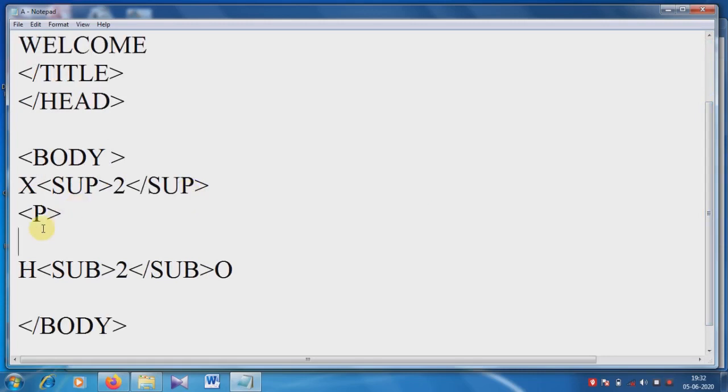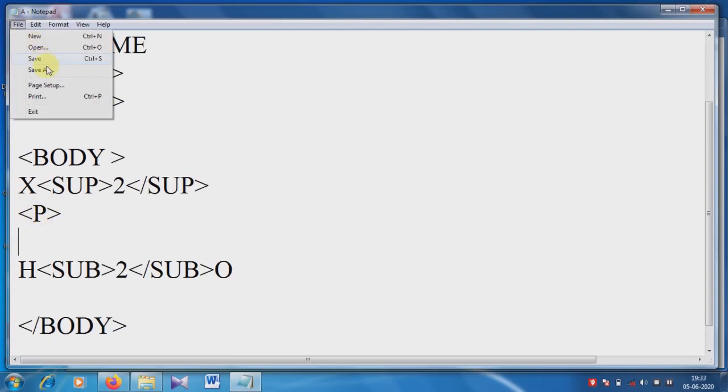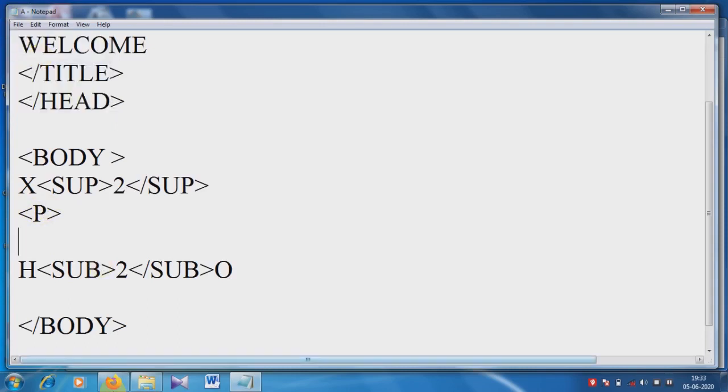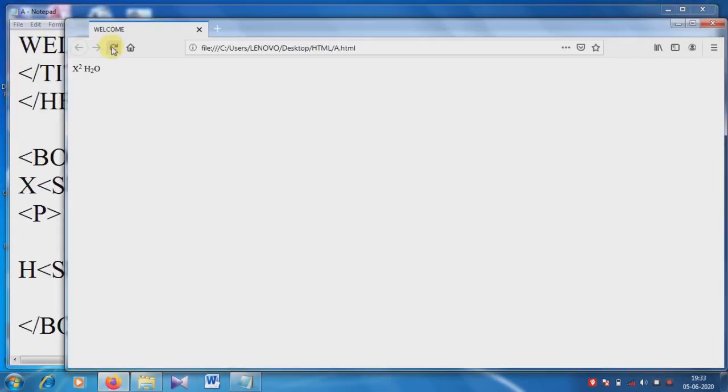That means these two words, x square and H2O, in our output window are on the same line. I want to keep this in the next line, that's why I am using P. Let's check now. See, now H2O is on the next line. So in that case you can use P.